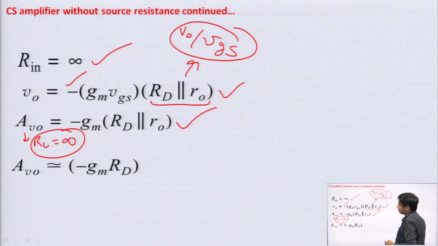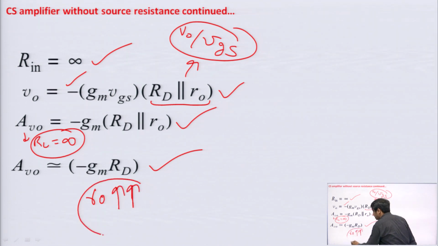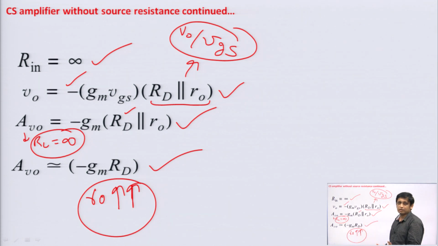So, you can get AV naught is equal to minus of gm into RD when we neglect this R naught. Normally, the value of R naught is very high in comparison with RD. So, when the two resistors are connected in parallel and one resistor is very high, then we can eliminate that resistor. So, R naught can be eliminated, fine. And the negative sign here is of course coming because it is a common source amplifier, and we are getting this minus sign with the help of network analysis. From there we are getting the voltage gain is negative.